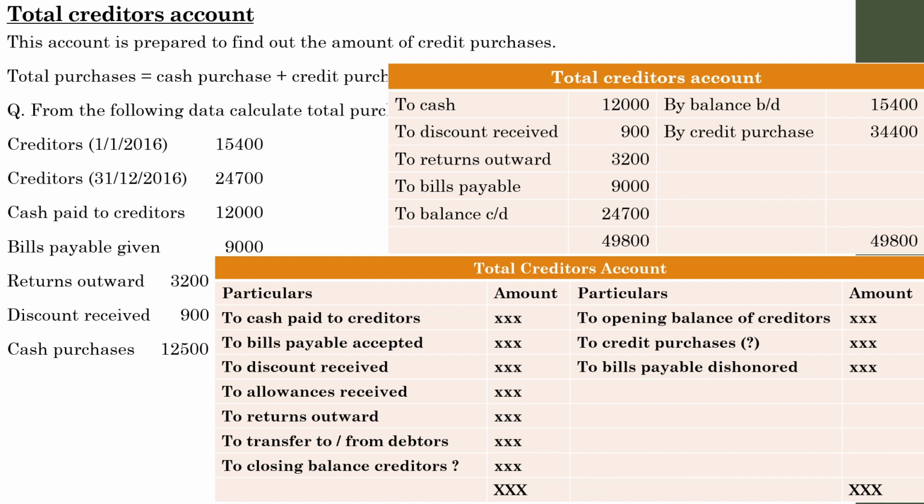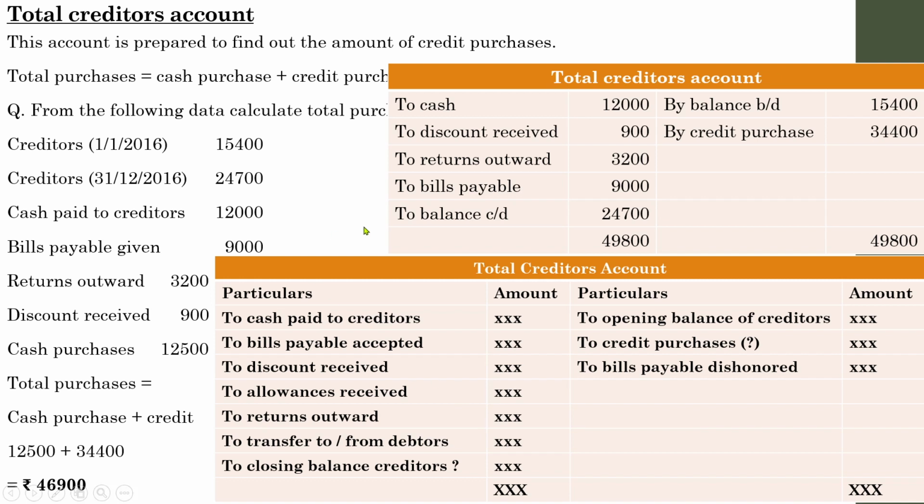And finally, don't forget, once you prepare the account, you have got credit purchases, but you need to identify total purchases during the year. So total purchases during the year is cash purchase plus credit purchase. Cash purchase is already there, 12,500. Credit purchase we have computed, so the amount is 46,900. I hope you have understood the concept. So familiarize the format,